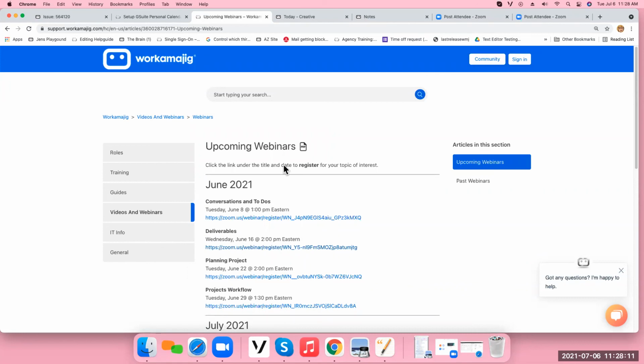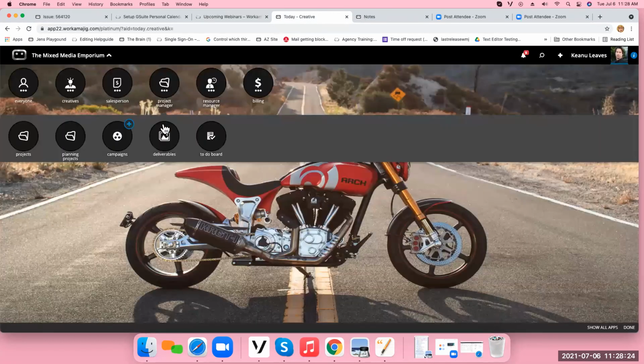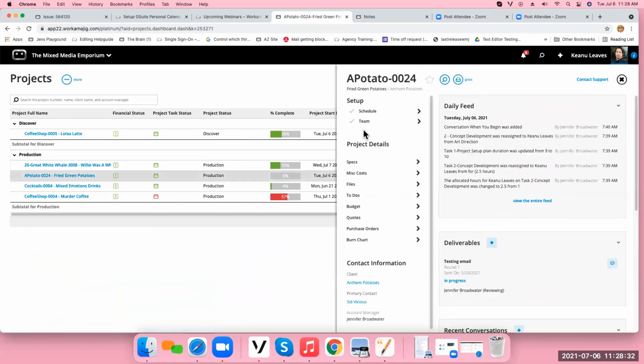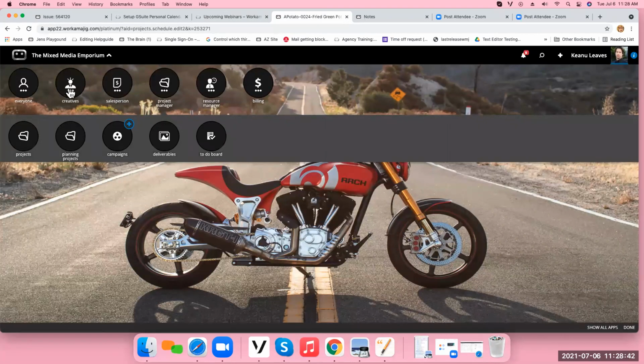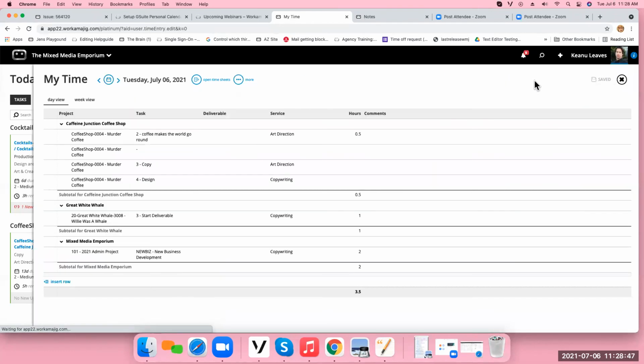Yes, can I review projects I have touched today? So the projects that I have touched today, let me go back to, where am I at? Creatives Today. So it should function. If it's not functioning, if I go to my projects, it's actually just projects. That means if I clicked into this project at some point, then it would automatically, so the computer knows that Keanu went into Fried Green Tomatoes today. That means when I go to my Creatives Today page and I go into my time entered for today,